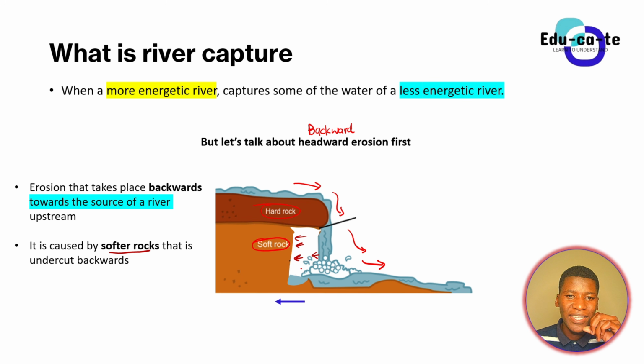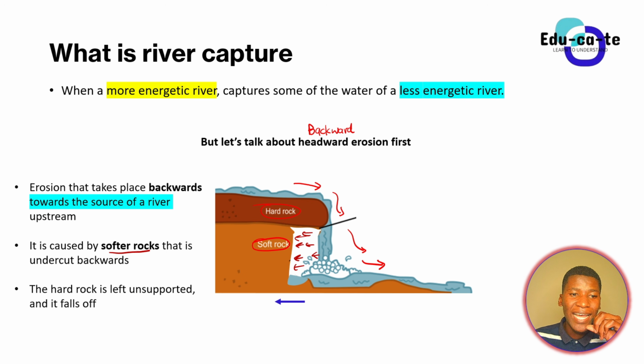Because this rock is not so resistant, the water is able to remove it, or is able to erode it or wash it away. So now do you realize that the hard rock is resistant, so it was not washed away by the water. But now, because the softer rock that was beneath the hard rock, remember there was softer rock all in this place, now this hard rock remains unbalanced, or it is left hanging because the softer rock has been eroded away through the process of backwards or headward erosion. So this hard rock is left unsupported such that it also falls off.